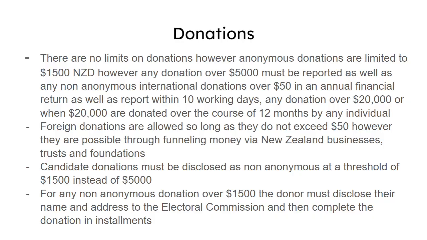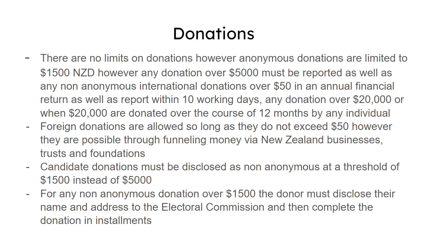So first, donations. There are no limits on donations, however anonymous donations are limited to 1,500 New Zealand dollars. However, there is some leeway in any donation of $5,000. There is a process, and we'll go through it a bit later in the session, or you can just read it down below. They must be reported, so any donation over $5,000 must be reported, as well as the non-anonymous